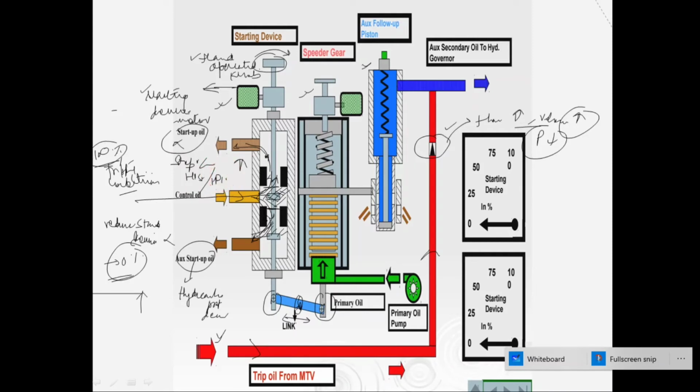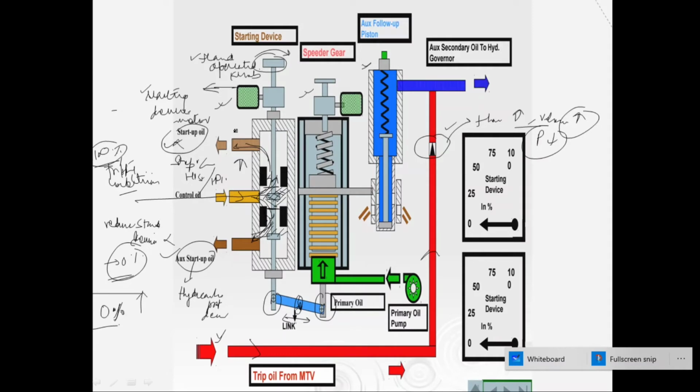So at 0%, startup oil and auxiliary startup oil has been generated.